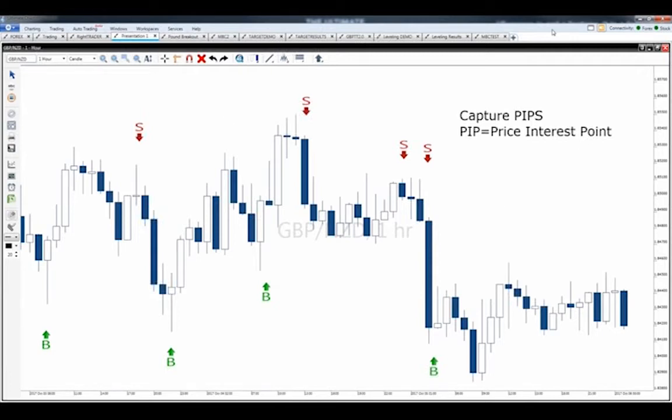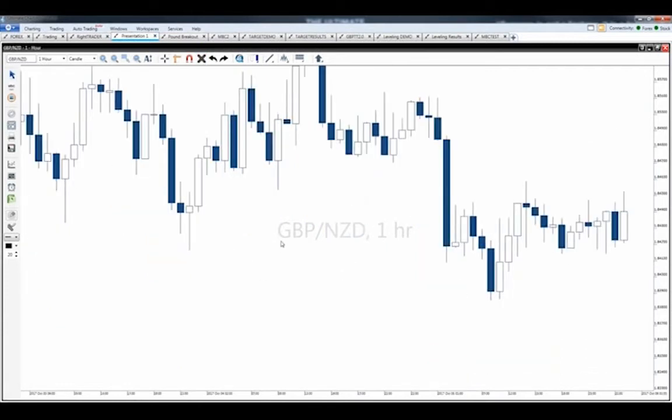Now, what we're looking at here on this particular screen, if you look in the middle, you'll see there's a watermark. Everybody recognize it? It says GBP NZD 1 hour. That's Great British Pound, New Zealand Dollar, 1 hour chart. If you can see that, just type in a yes or a Y so I know you're with me. Okay, good. Everybody's telling me yes.